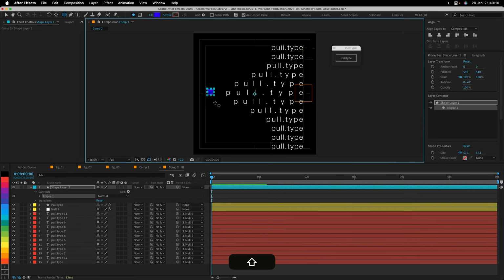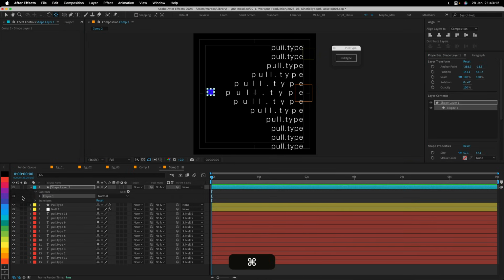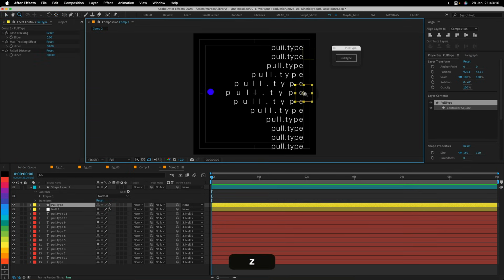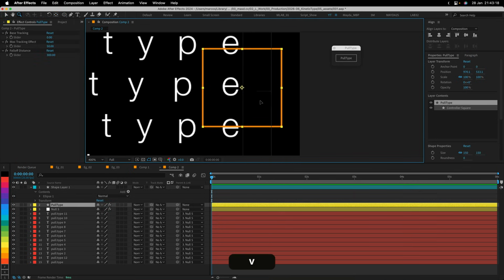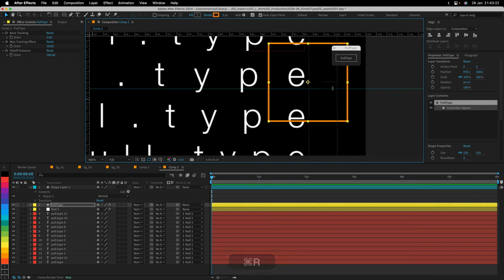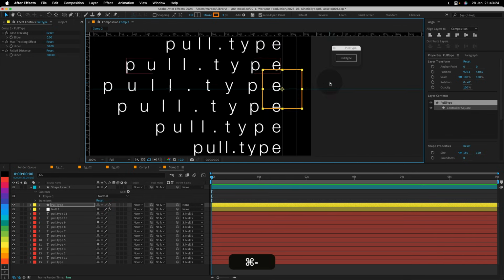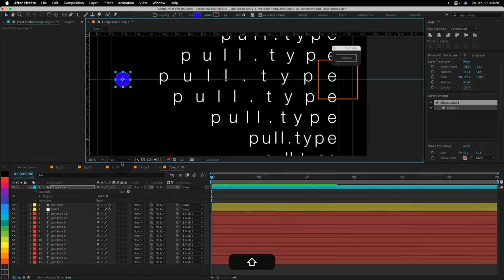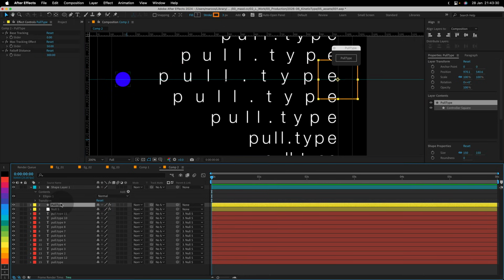I'm going to center the anchor point right there. I'll adjust this shape layer to be more or less in the middle, so I can run a guide that will help me position the circle as well. So like here. Then I link the shape layer of the Pull.Type to the little circle, turn it off,